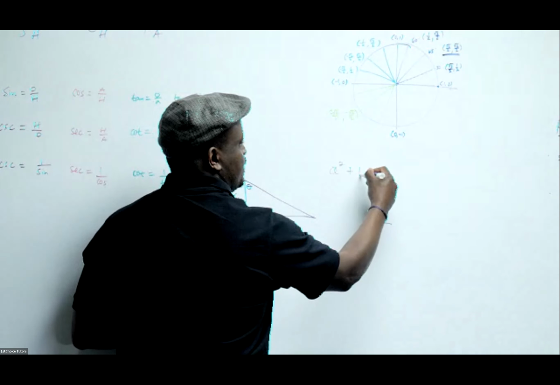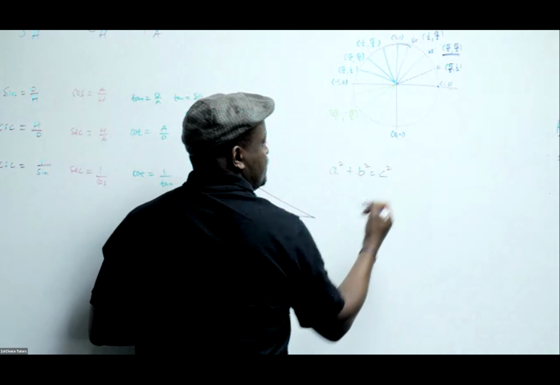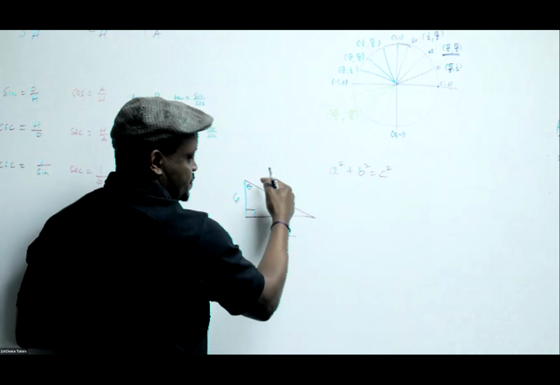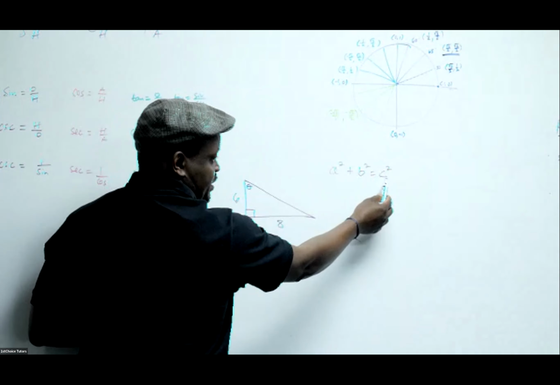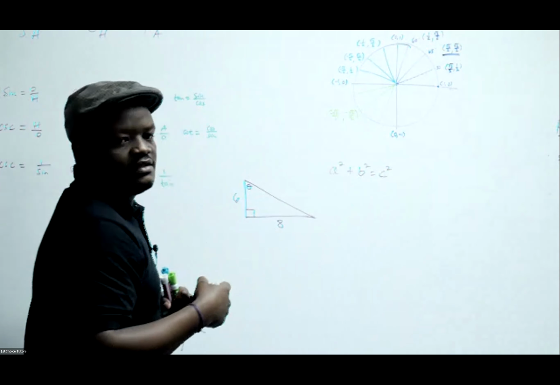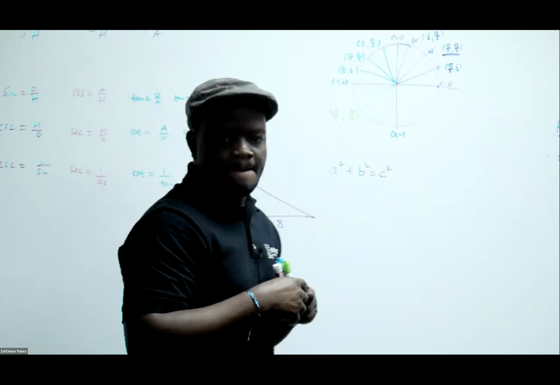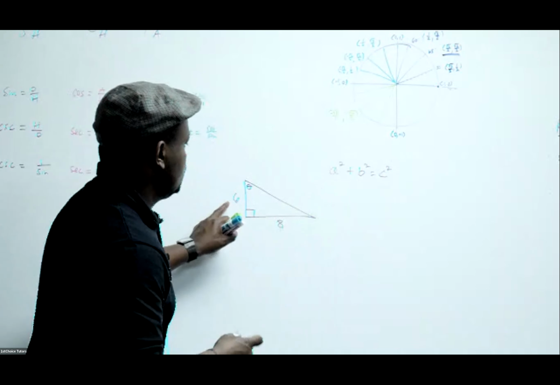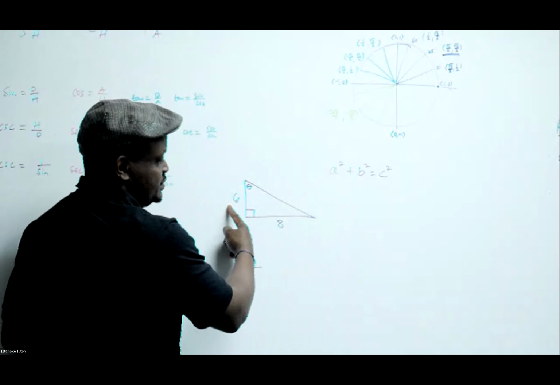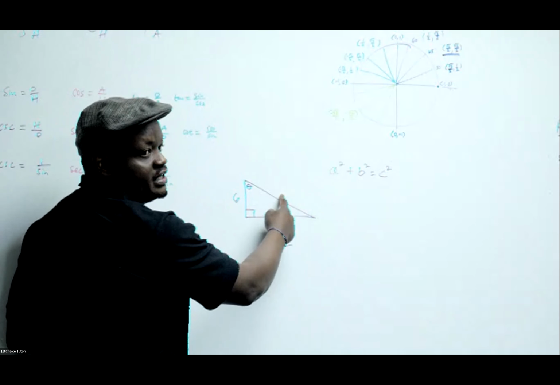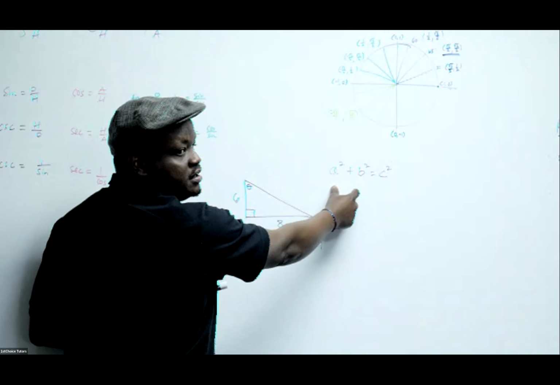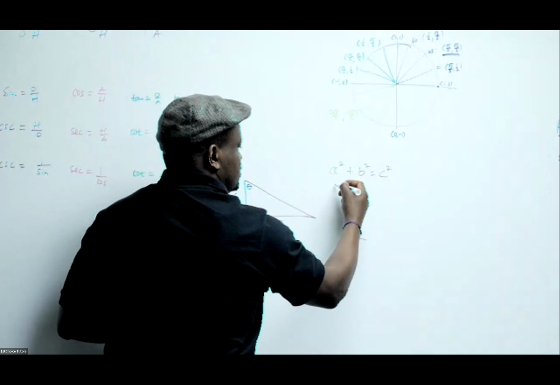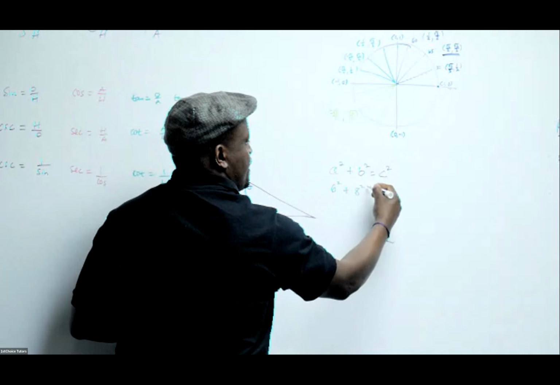A squared plus b squared equals c squared. C is the hypotenuse. I don't care how you orient these 2, but C must be the longest side, which is the hypotenuse. Across from the 90-degree angle, that's got to be here. So can we use that to find the hypotenuse real quick? A is 6, B is 8, we're looking for C. So did you plug those in here? So 8 squared plus 6 squared